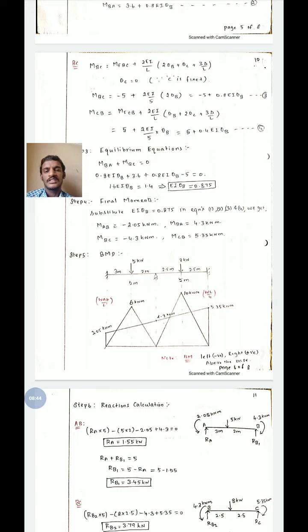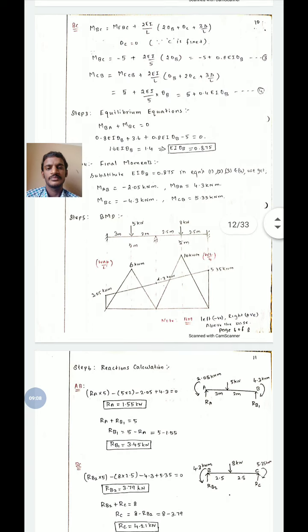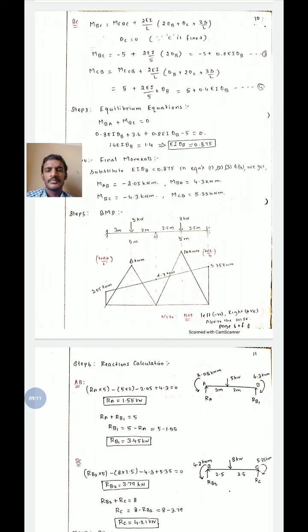For the point load condition, the maximum bending moment is calculated based on the location. For the AB portion, the load is acting at a different distance point. Therefore, the maximum bending moment for the AB portion is WAB by L. Final answer we will get by substituting the load value, which is 6 kilonewton meter. And for the BC portion, the load is acting at the middle of the span. Therefore, the formula for that portion is WL by 4. The final answer for the BC portion is 10 kilonewton meter.